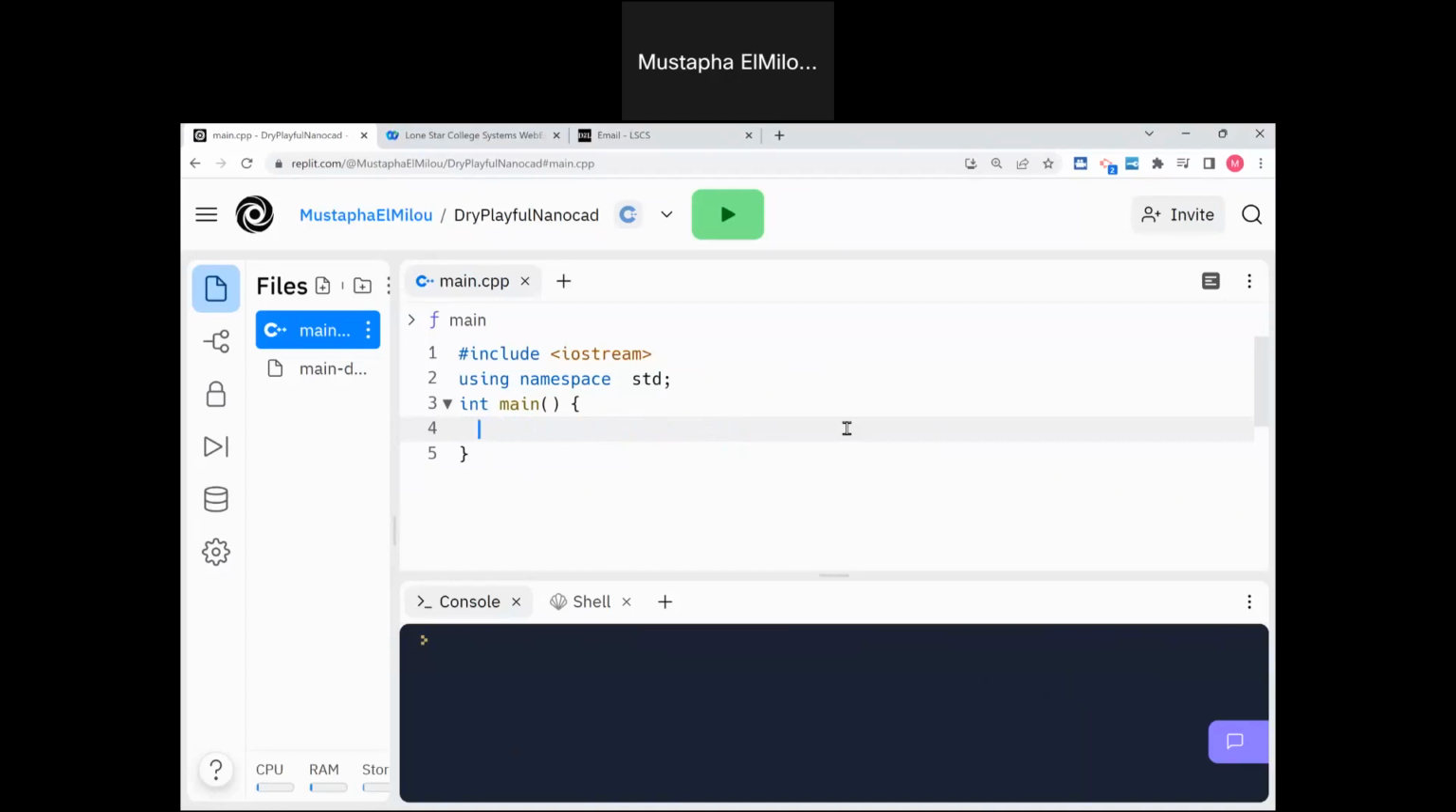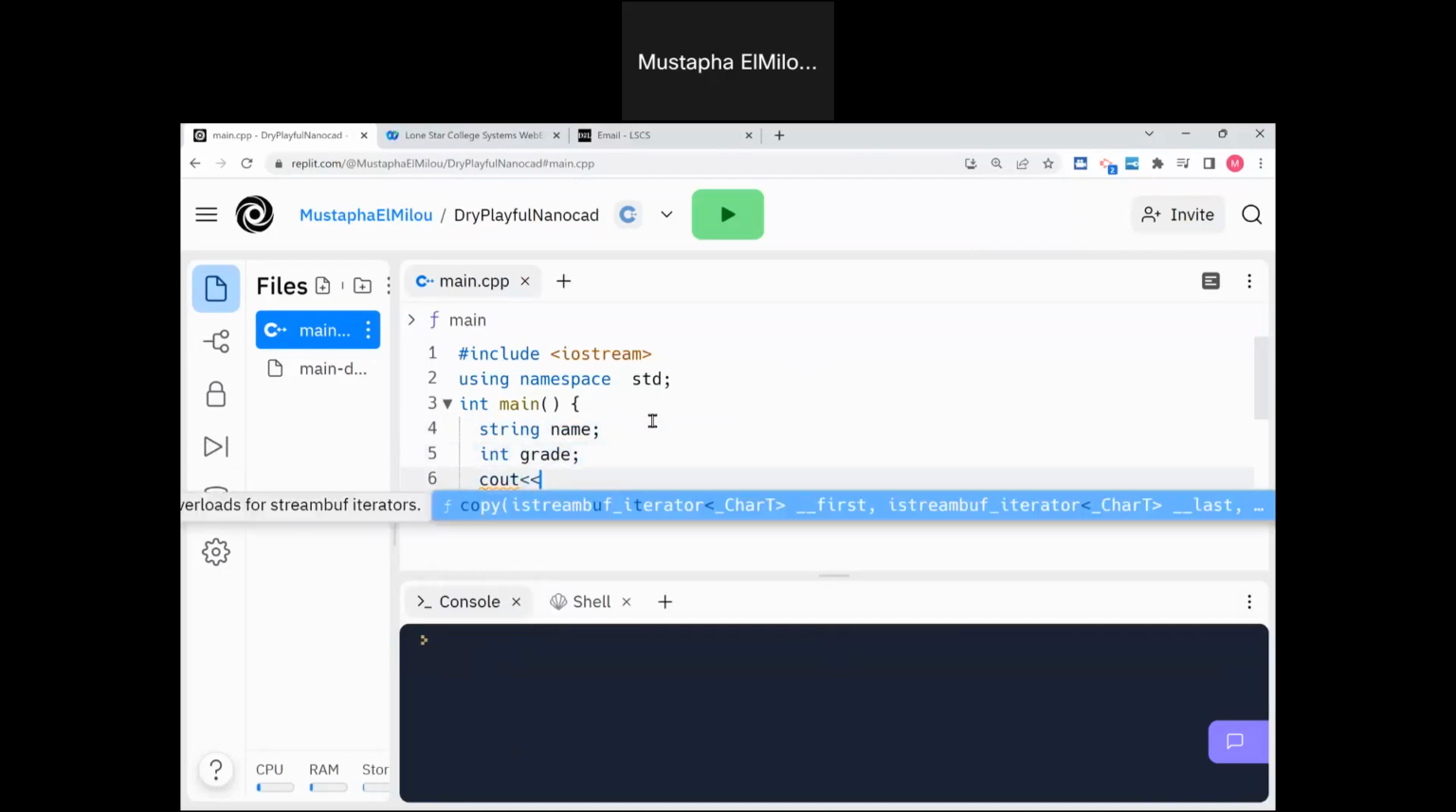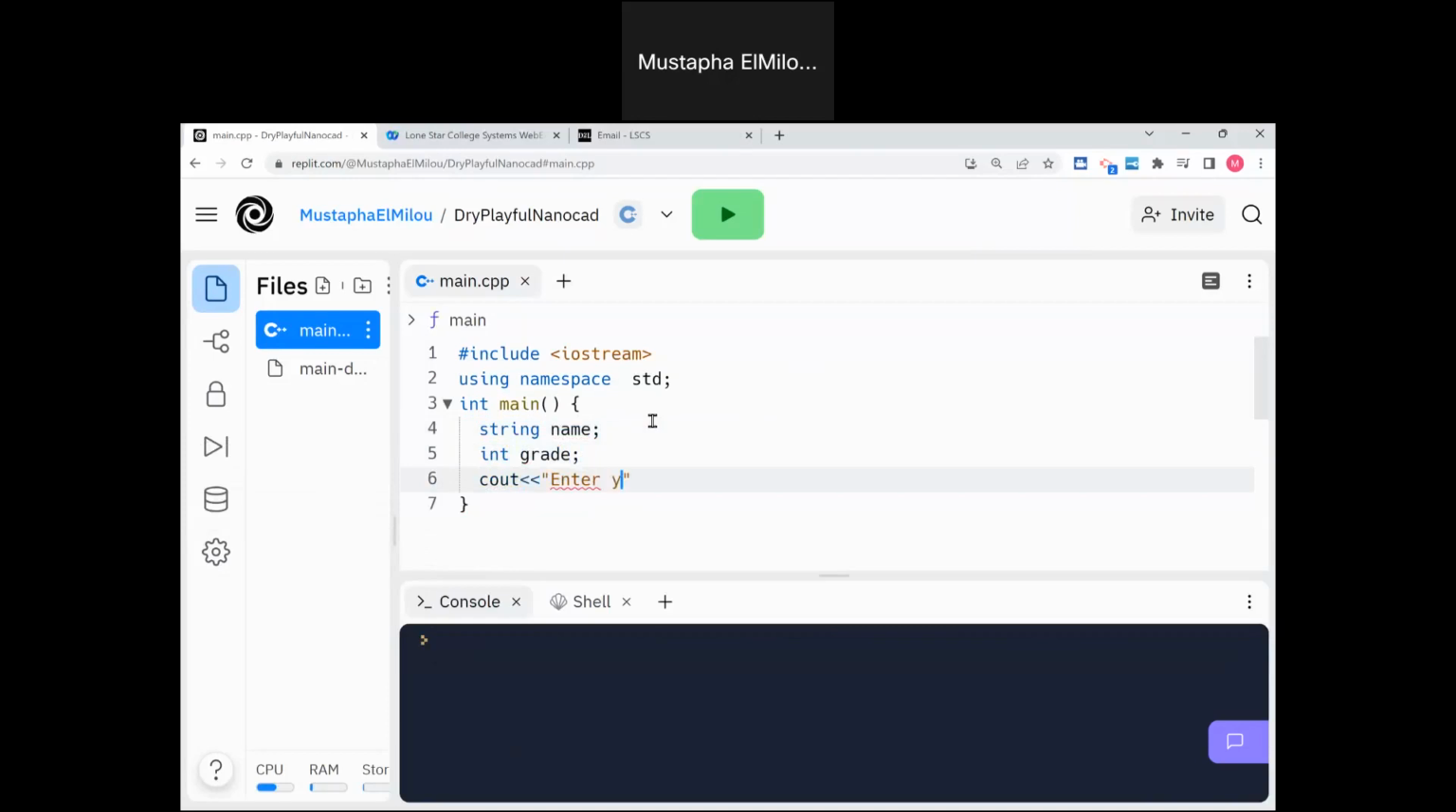Let's say, for example, we're going to prompt the user to enter the name and then the grade, and then we're going to decide whether the grade is a passing grade or a failing grade. So let's start with the variables first. So we have string name to get the name of the students, and then we're going to get the grade of the students. And then we're going to start by prompting the user to enter the name first